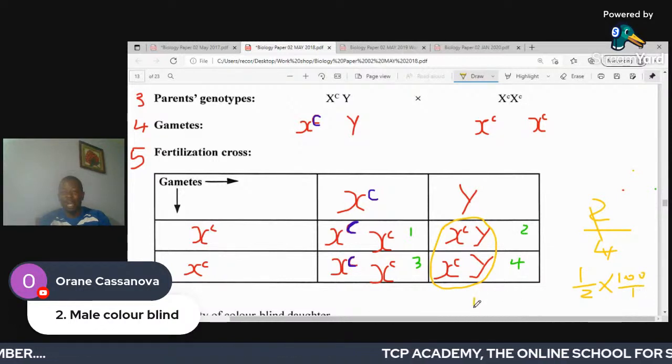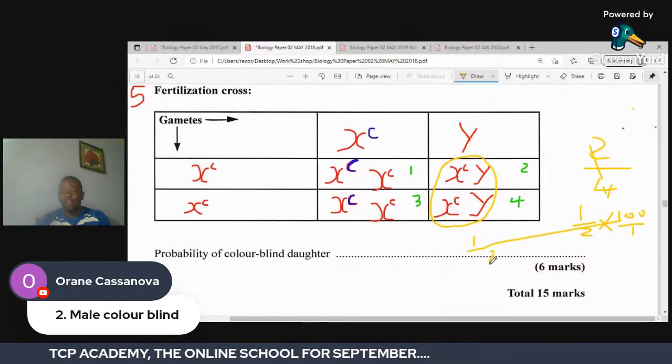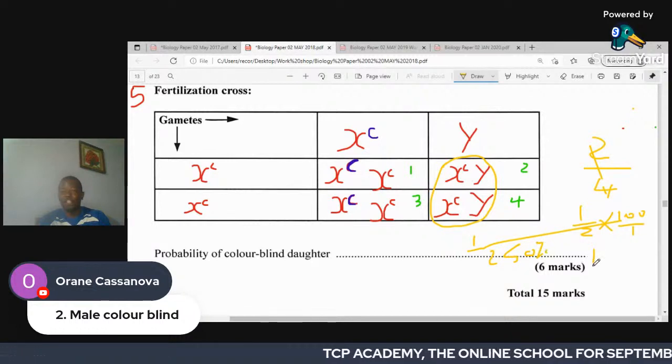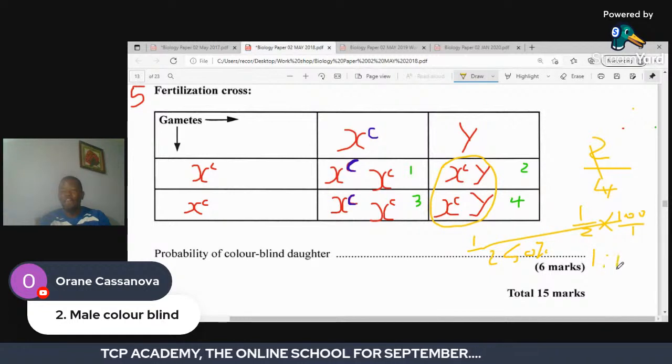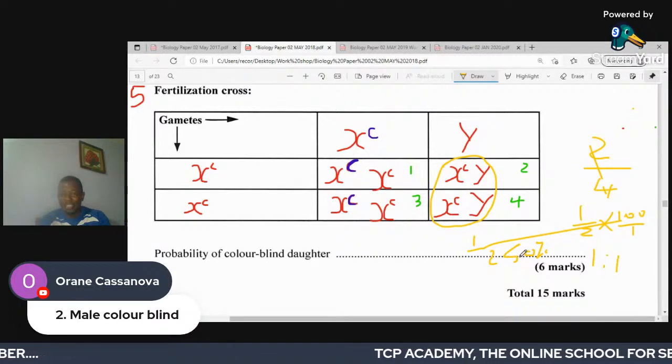So it's going to be a half if we are using fraction. It's going to be 50% if we are using percentage. And if we are using ratio, it's going to be a 1 in 1 chance. Whichever way you are writing this, you must indicate what the 1 means, or what the 50 means, or what